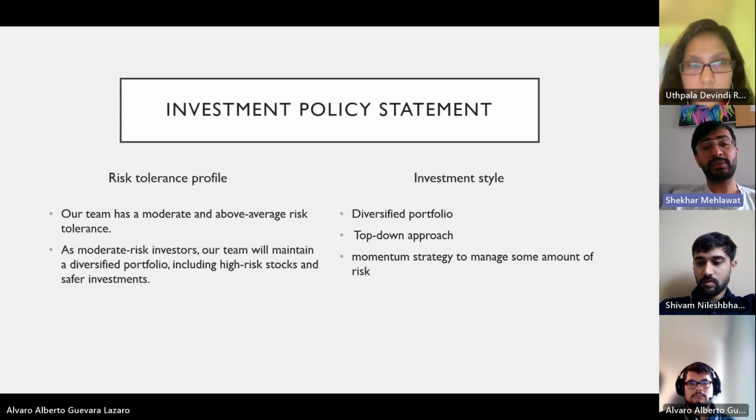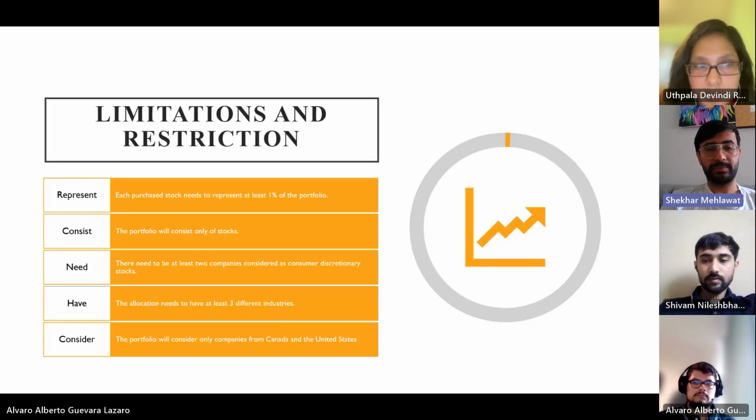The next is momentum strategy, in which we will be investing for a short duration, maybe 1 day or 1 week, having a general overview of the current market scenario. We will be investing in a company that is going up and then taking out the money when the graph starts to decline. Now I ask my friend Shivam to take over.